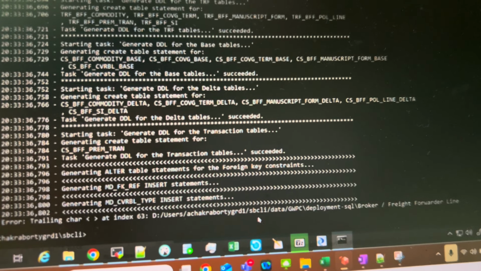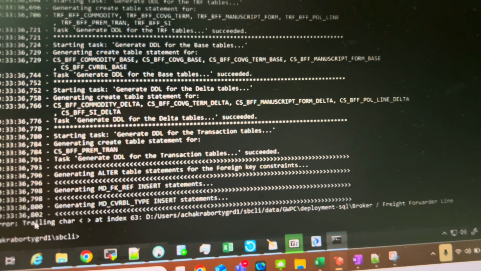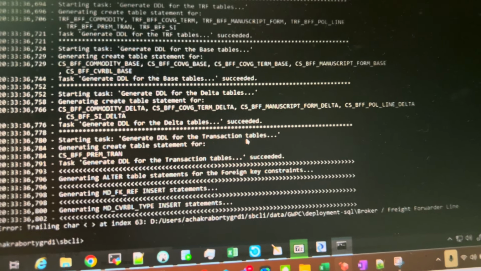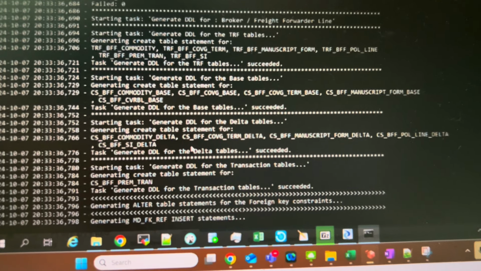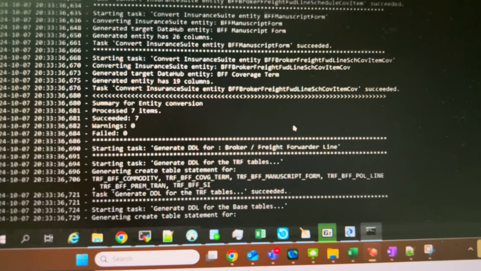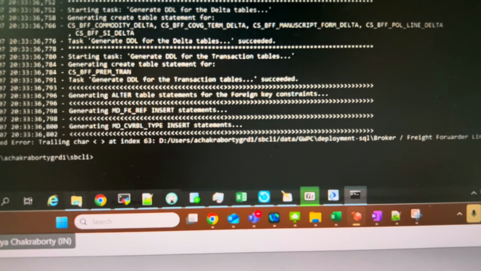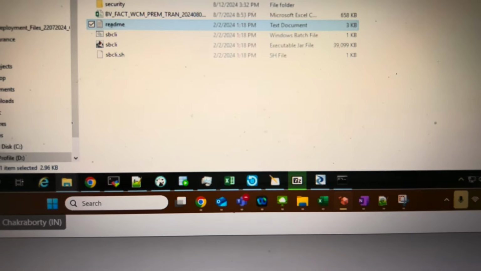Here also, just see if any issue is happening or not. These we can ignore for the time being. This freight forwarder line, these all will not be needed. Just see whatever is required, that it succeeded or not. From here itself you can check, or when you go inside here also, if you see a folder not created, then